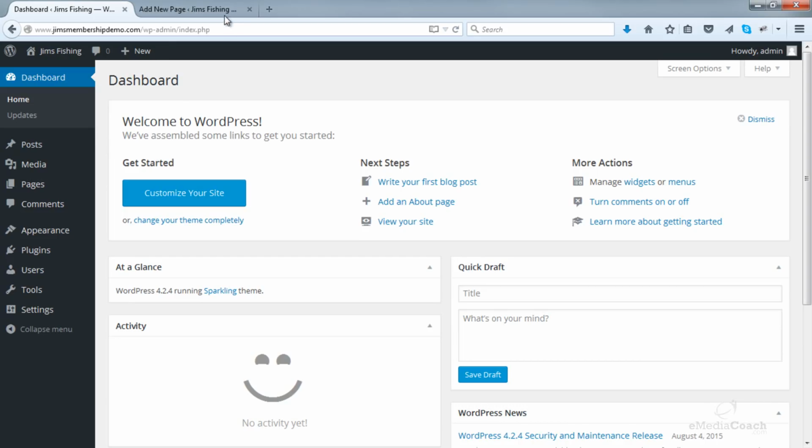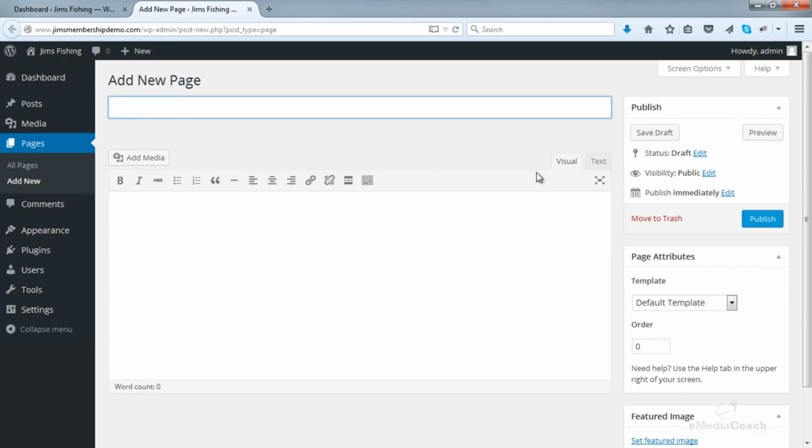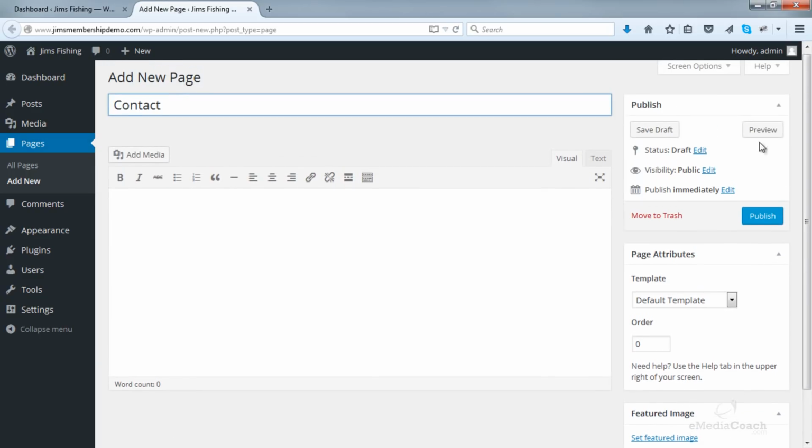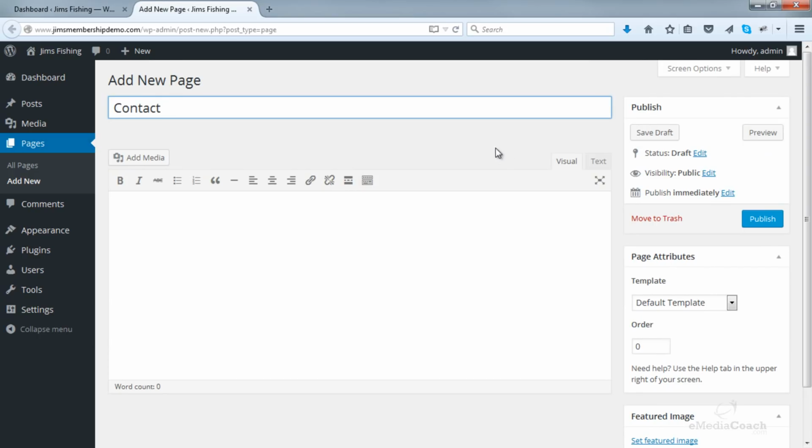The main fundamental reason for this is that within pages you cannot select what category you want pages to exist in, because of course they don't belong in one. A contact page is just a standalone page on your membership website.